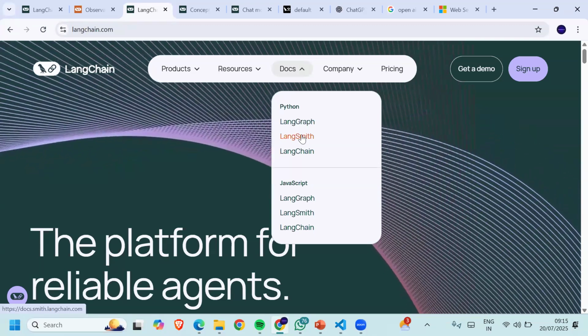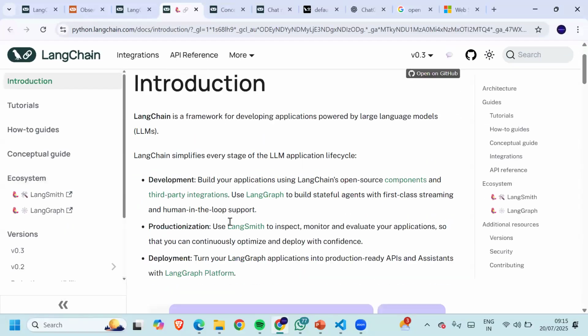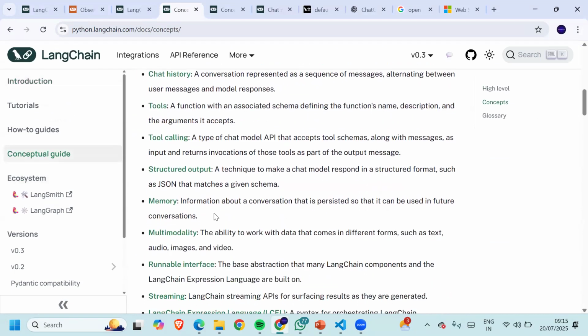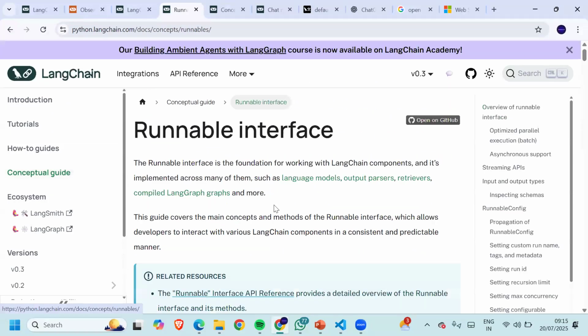Okay, so we have seen in the runnable section, in the conceptual guide, if I go into the runnable interface,